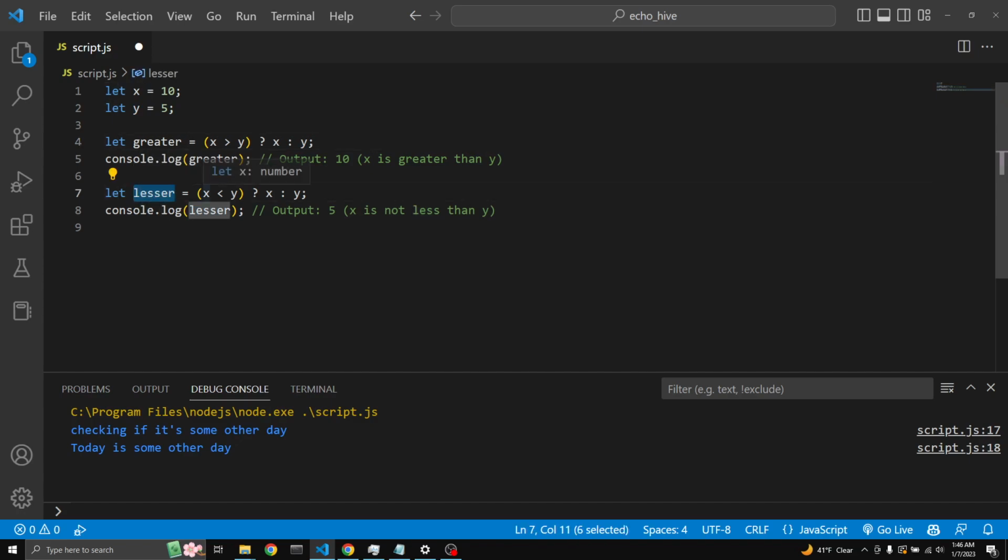And the lesser here does the same thing. Is x lesser than y? Question mark. If it's so, then lesser will be x. If not, or else, will be y. If we run this,